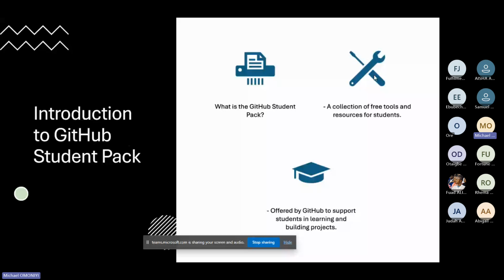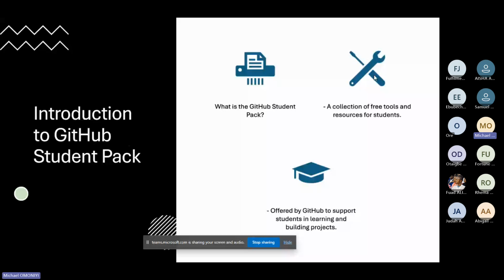The tools available in the pack are tools you normally would have to pay for, but you can access them for free or at a discount using the GitHub Student Developers Pack,